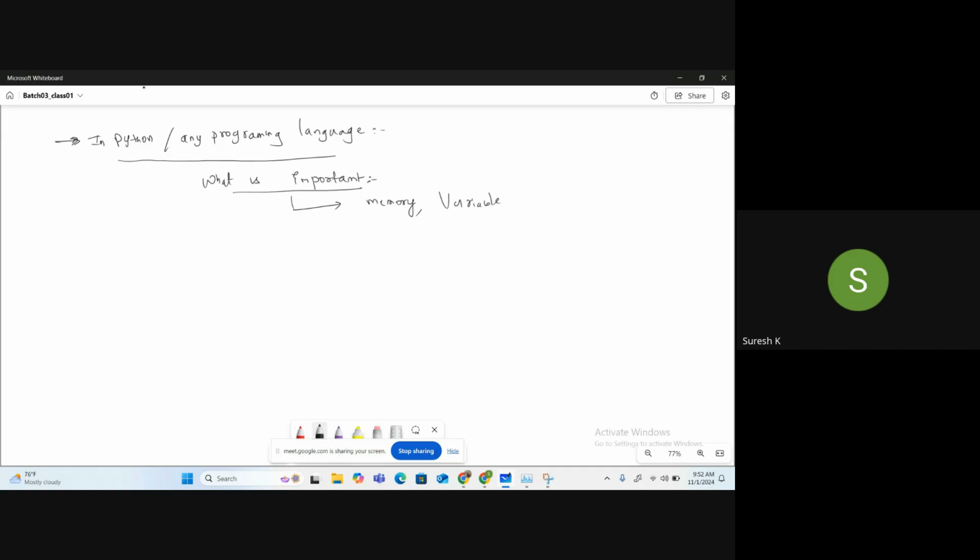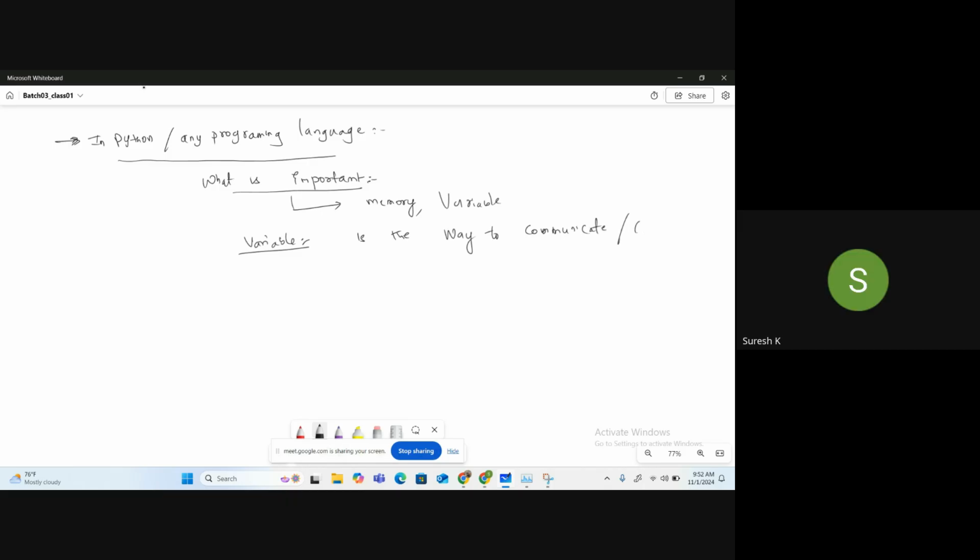We don't need variables? Do we need the variables or not? Yeah, we need variables while writing a program. Why do we need a variable? We have to give some information to the program. A way to communicate, input.